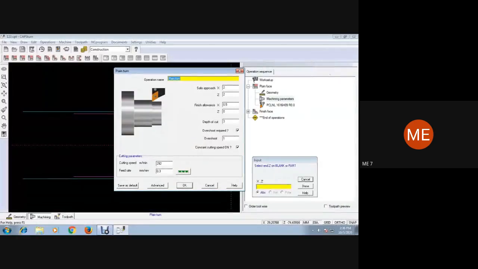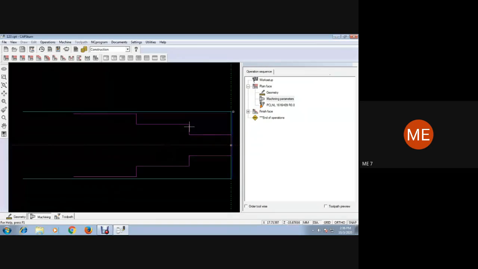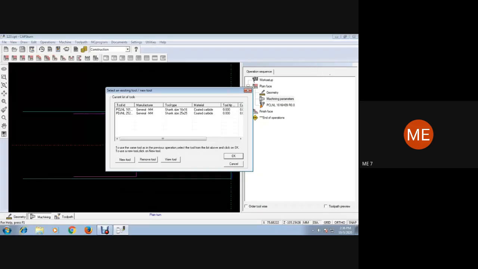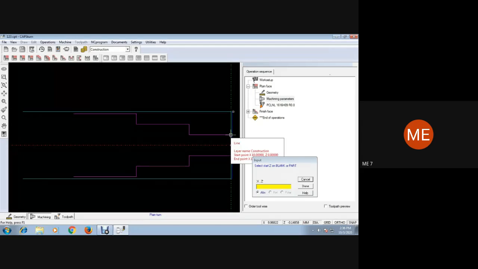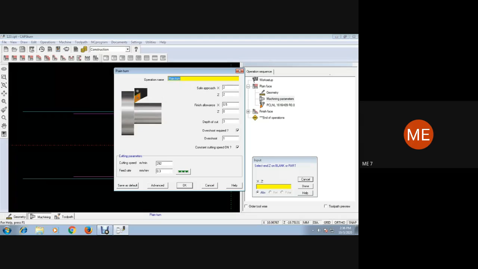Once you click on that, you'll get this window. But there's a difference between plane turn and contour turn. In plane turn, we can give only one line at a time.